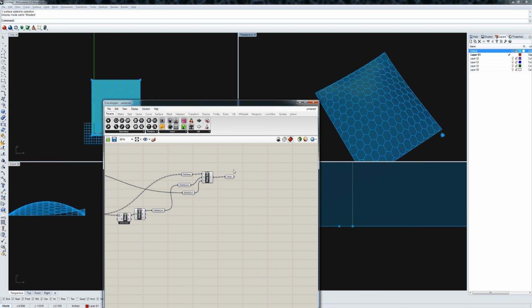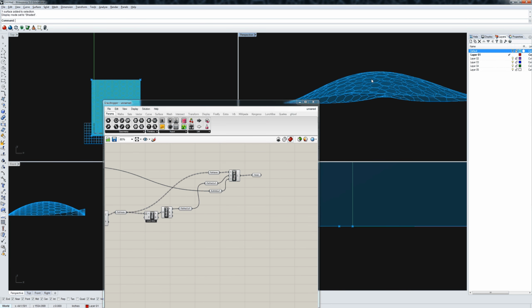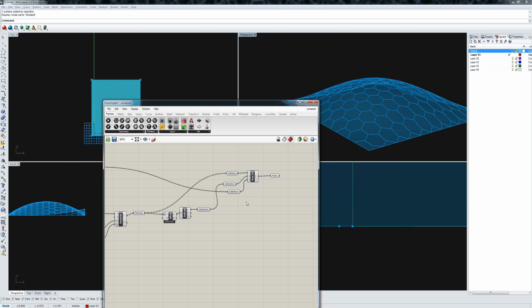So let's look at how we could move the hexagon up. The way we're going to do that is we want to make sure we move it not straight up, but that we move it up normal to the surface. So here's how we're going to do that. Each of these hexagons here. And you know what? I'm going to just clean up. You can see the data tree is a little bit